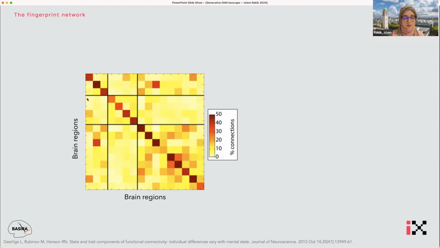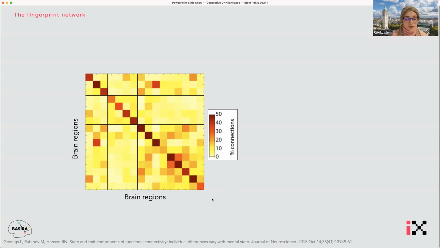For example, this is a particular brain region in the brain, and we have another brain region here, and the value here reflects, for example, the density of the connections, the number of connections between these two regions. So using this matrix, we can represent the brain as a graph, or also we call it a network or connectome in the field of connectomics, where we model the brain connections and we measure them using different image acquisition